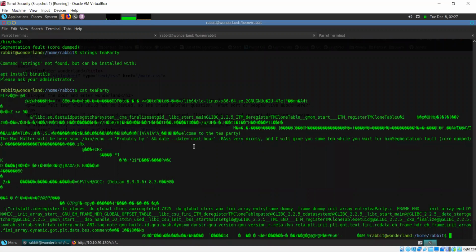Just like we saw similarly, we could introduce something of our own. Now we have figured out that there is a system command which is being run here. Is there a way to use this to our advantage?